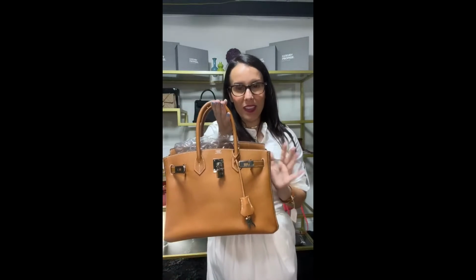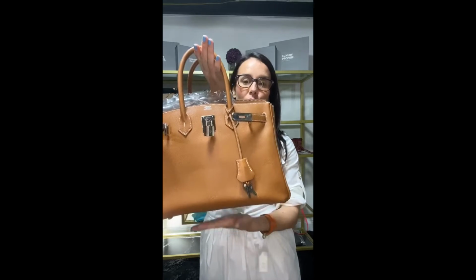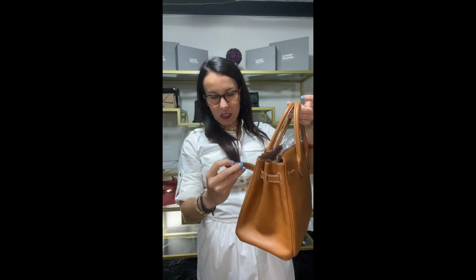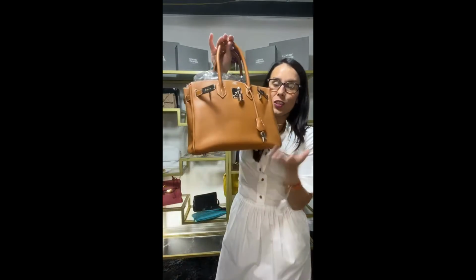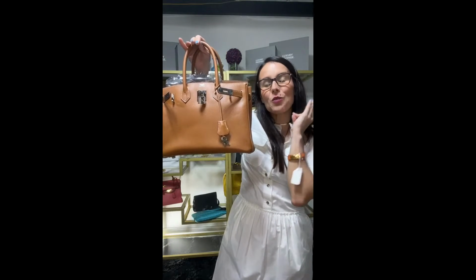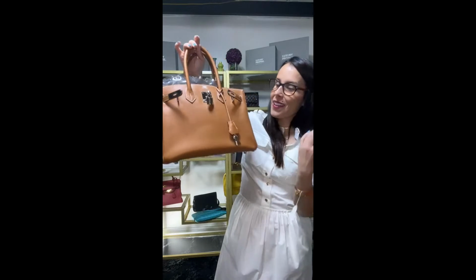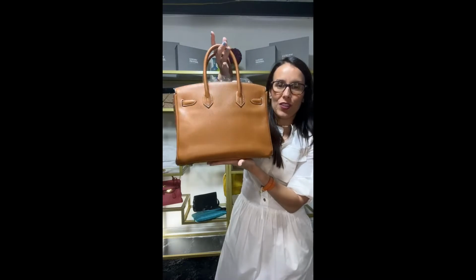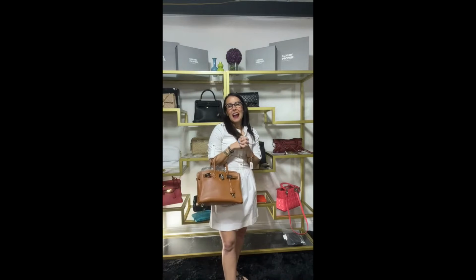The price on this bag is 13,700 pounds, which is 17,276 USD. The year of this bag, this is an M square, which is 2009. So guys, 2009, and look at the condition of this bag. This is a testament to the beauty of Epsom leather when it comes to keeping a bag's true shape. No sagging, no nothing. It is just total perfection in that classic gold color,